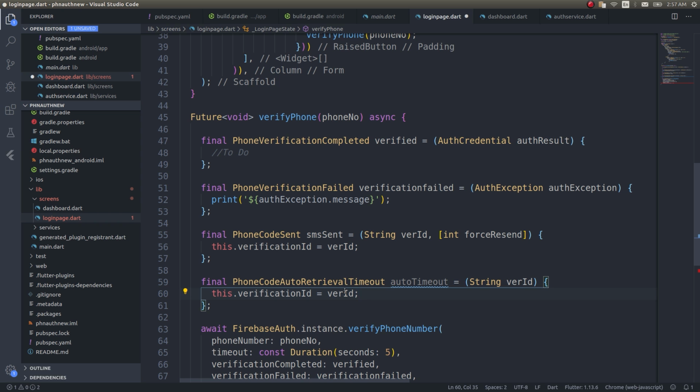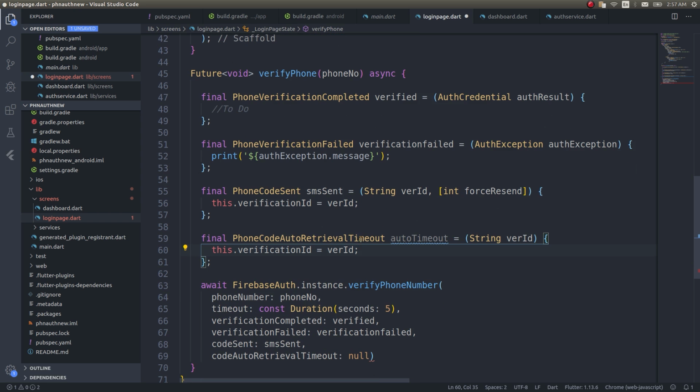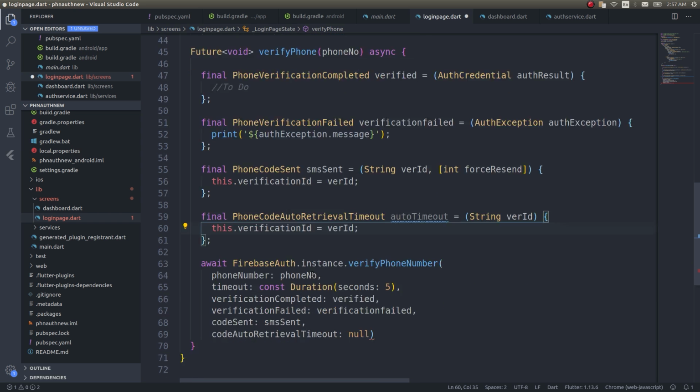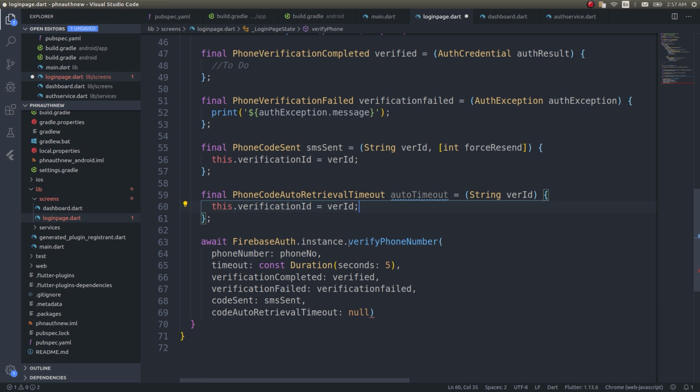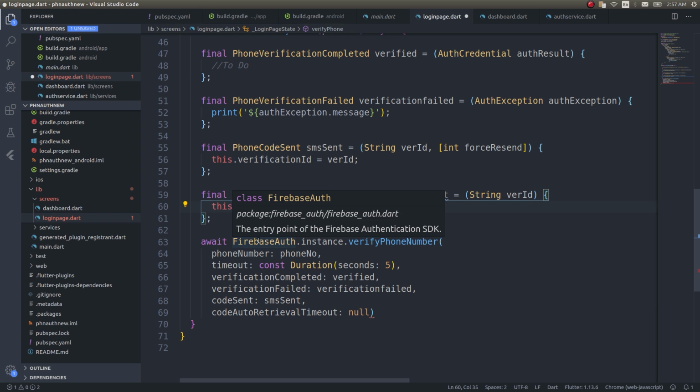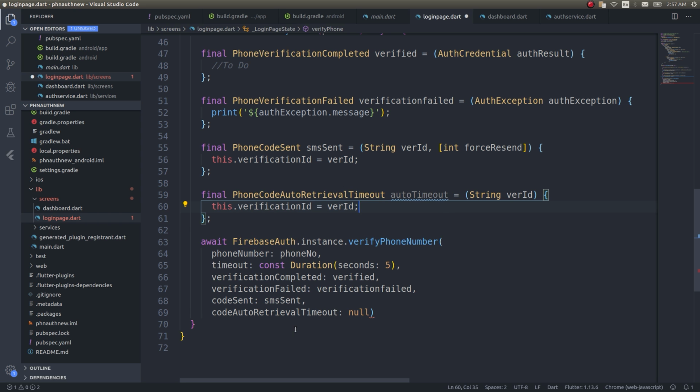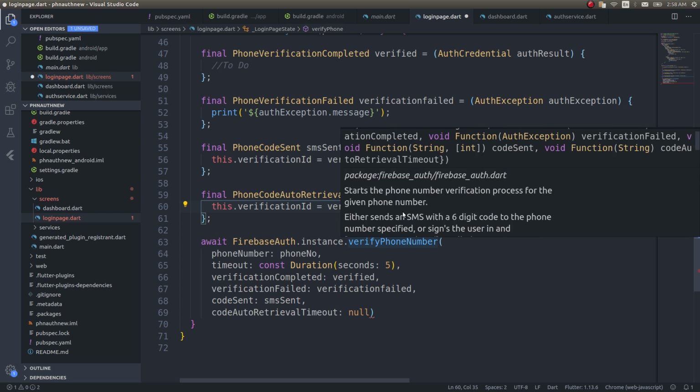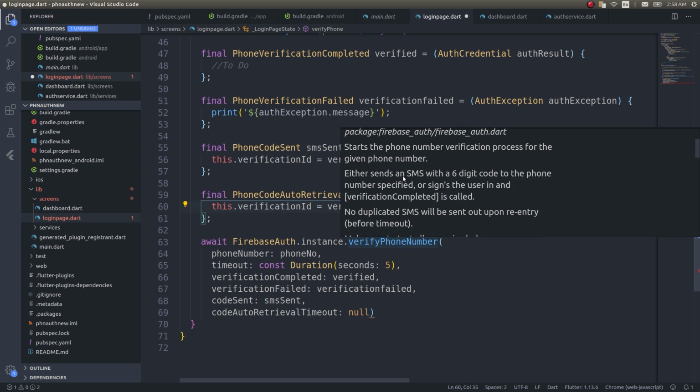All right, now we have written a function that will verify the phone number for us. I'm simply using the Firebase auth plugin to send an OTP code to that particular user. Now the other thing you must notice is that it won't always send an OTP code. For instance, I'll show you. It says here: either sends an SMS with a 6-digit code to the phone number specified, or signs the